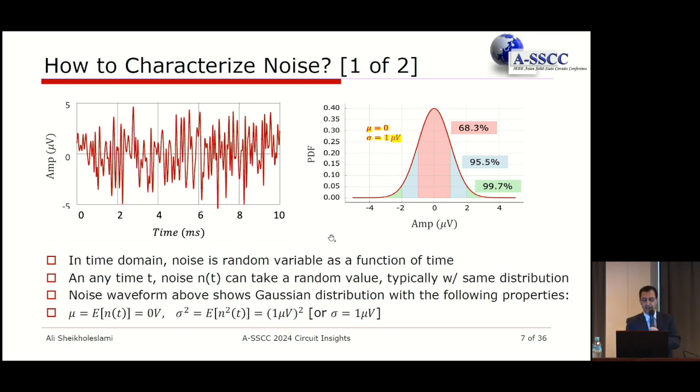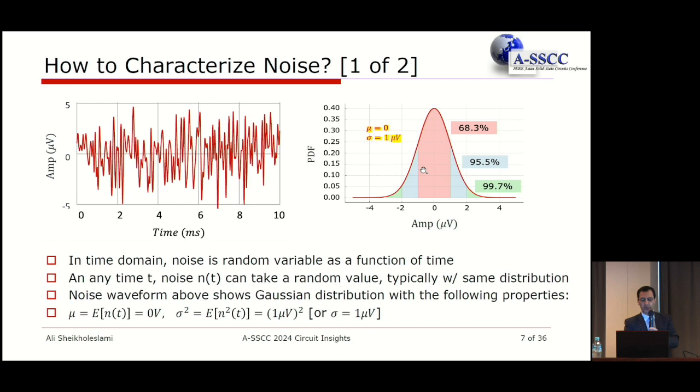that is shown on the right. So if you look at this Gaussian distribution, it says that the noise that is created, on average, the expected value of that noise is 0 volt. But it has some standard deviation, which in this example I've used 1 microvolt as the standard deviation. And as you remember from your math, if you look at the area underneath this probability density function, you can find out what is the probability of certain noise being in a certain band. So in this case, to find noise to be between -1 microvolt to +1 microvolt, you will get 68.3% of the probability.